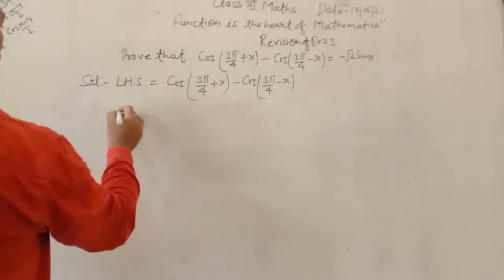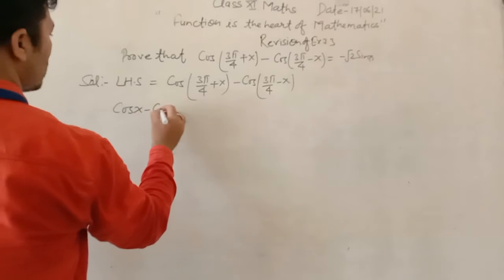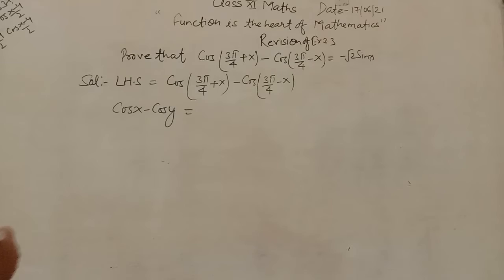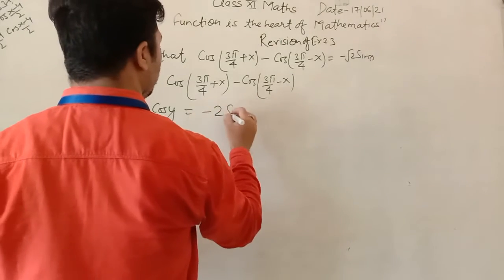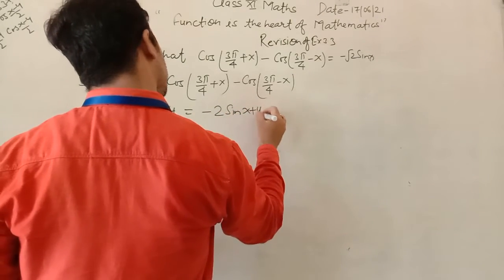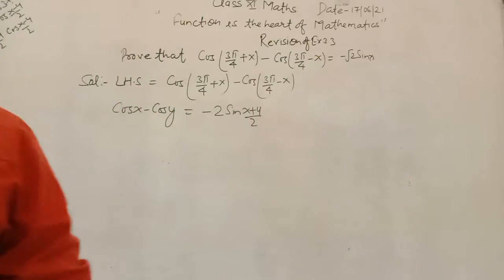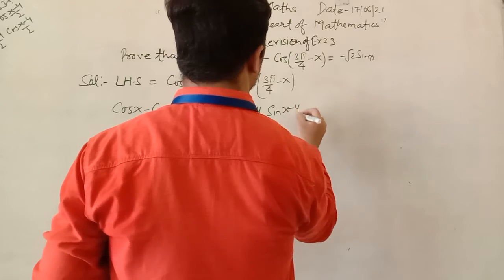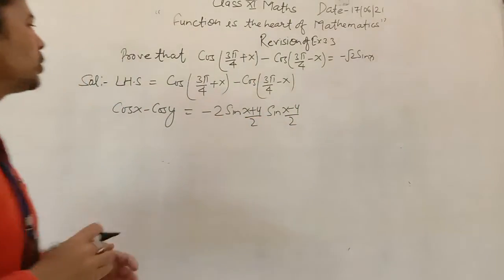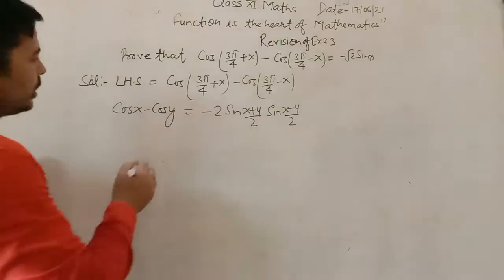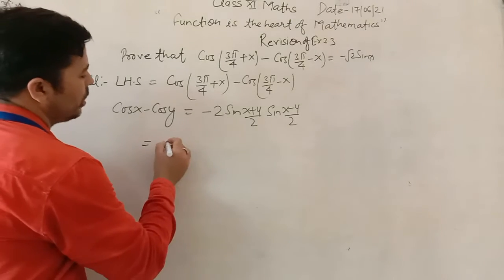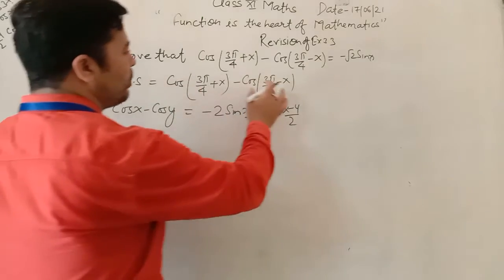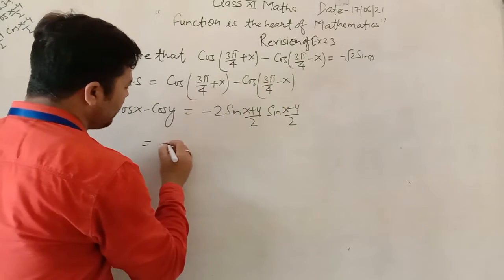So using the formula, cos x − cos y is equal to −2 sin((x + y)/2) sin((x − y)/2). Now using this formula, cos x − cos y can be written as